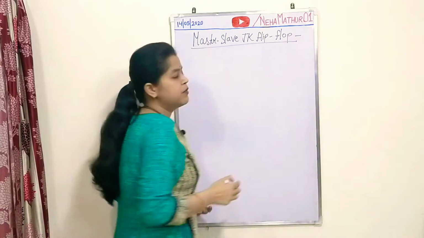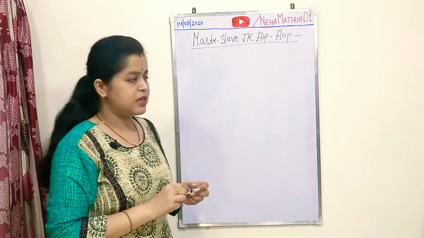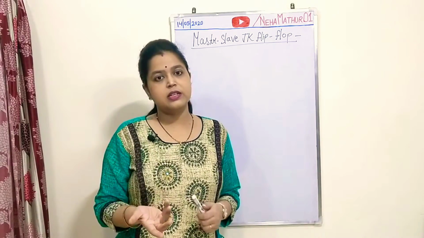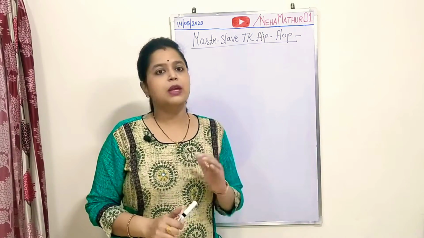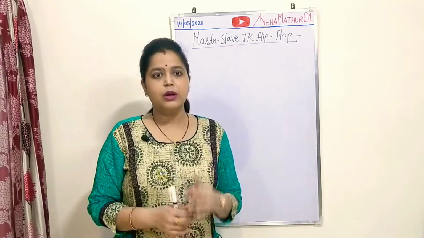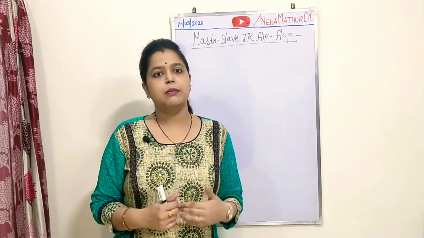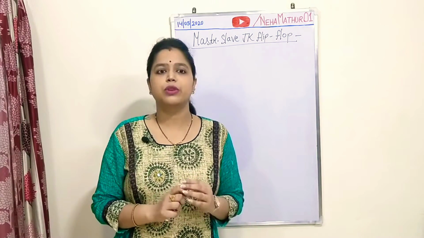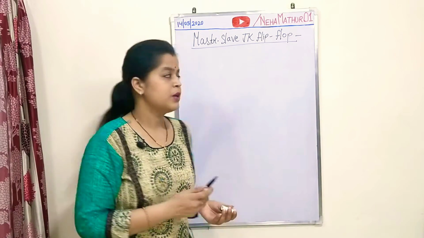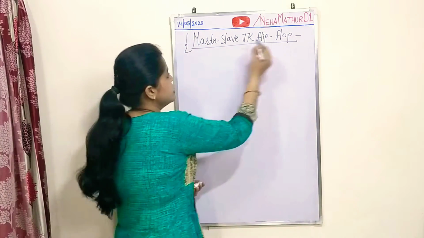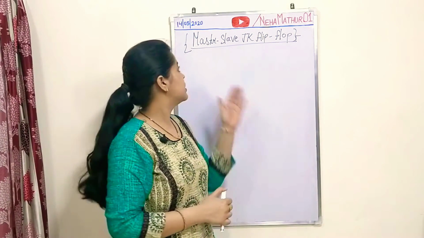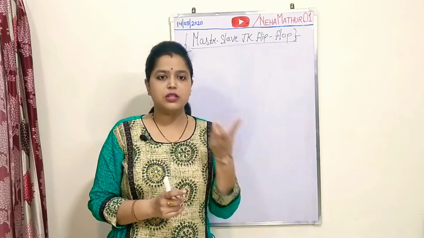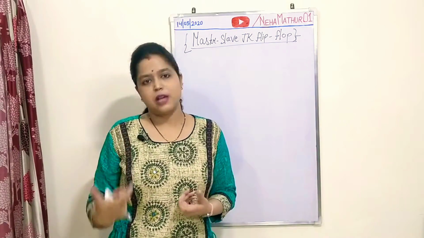Master slave JK flip-flop is basically designed to overcome the race around condition, or I can say race around problem, which is coming from JK flip-flop. So master slave flip-flop is nothing but the modified circuit which is used to remove or overcome race around condition or race around problem. Whenever we go with the designing of master slave flip-flop, it is a combination of clocked JK flip-flop and clocked SR flip-flop.